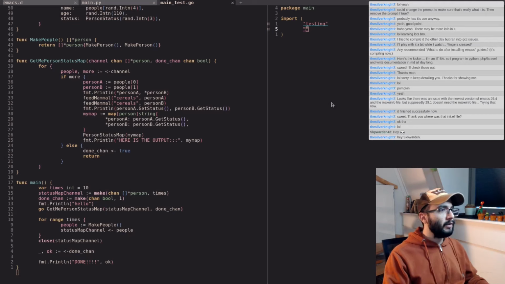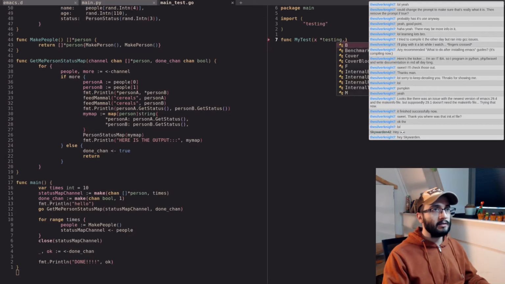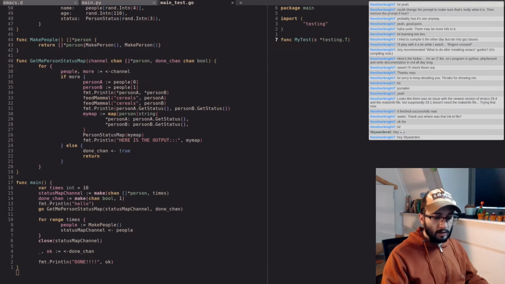Well, actually, I can just write a very simple test that is just like this. Oh, shouldn't this be fixed by linting? No? Well, okay, anyways. Func MyTest, and don't I usually import this as T, or oh no, it's like this. Let's try X, and I think it's a pointer to testing.T, right? And you don't return anything, and you just do